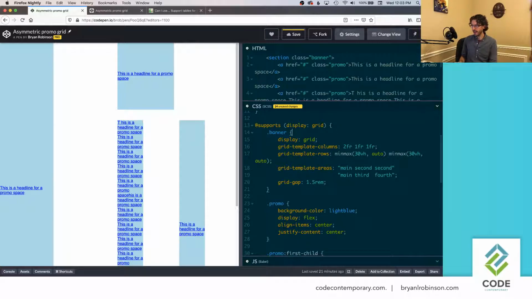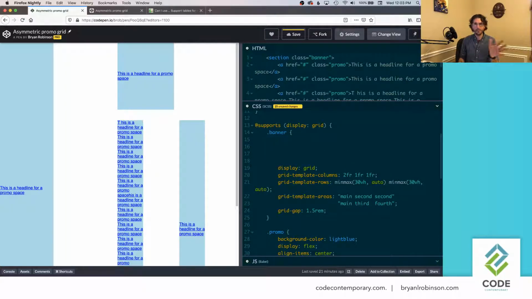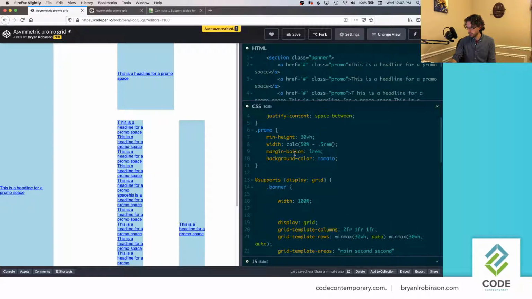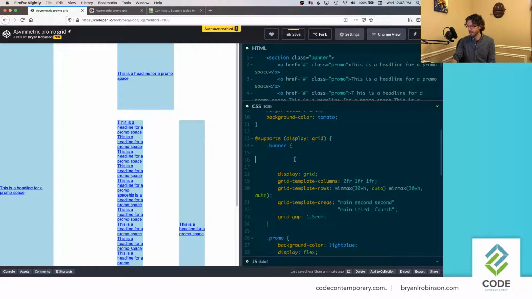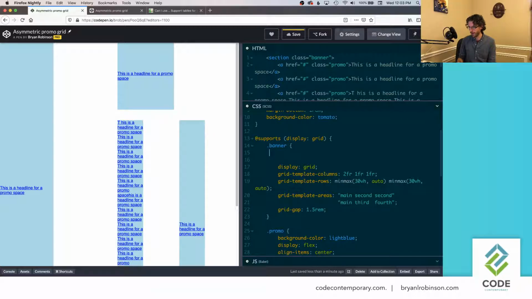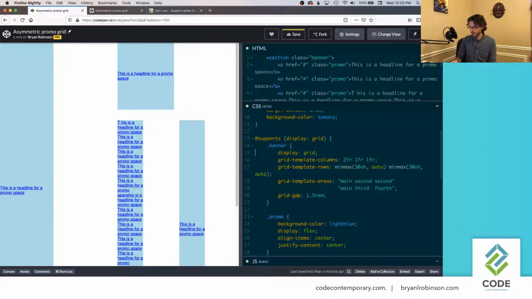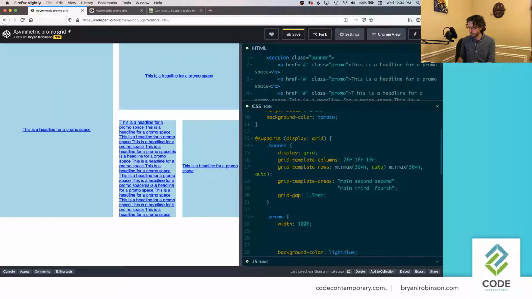So I'm going to do my reset up here before my display grid. It doesn't matter where it goes, just to kind of keep things separated. So the first thing I need to do is make sure that my width goes back to 100%. And that's going to be 100% of the area of the promo, apologies, not the banner. The banner was already 100%. What happens when I haven't had quite enough caffeine in the morning before I do a live workshop? There we go. Width 100% gets us pretty close,